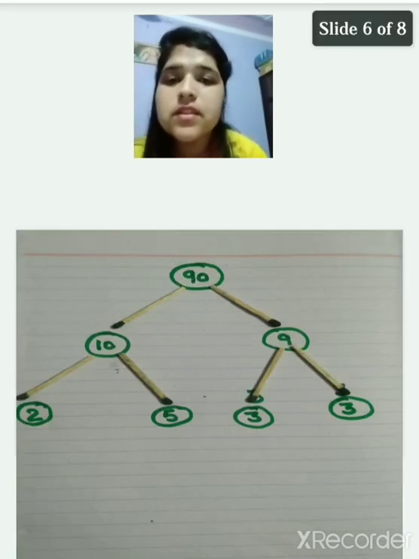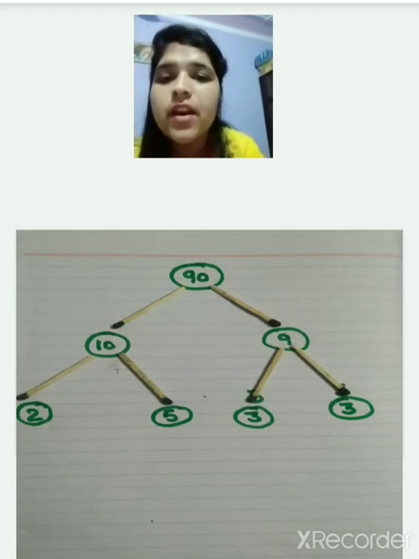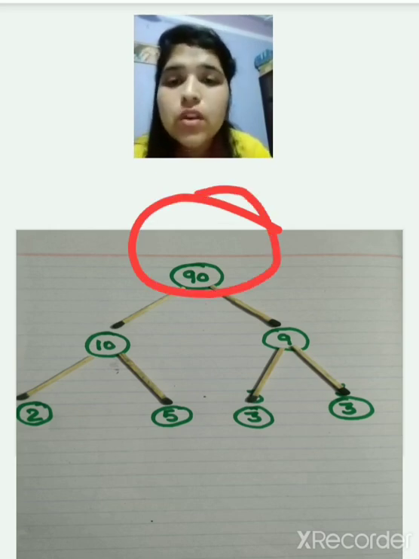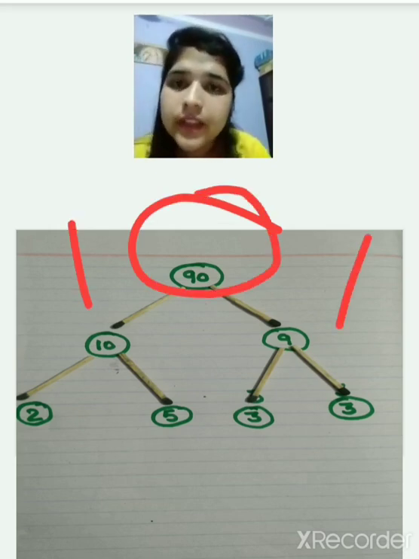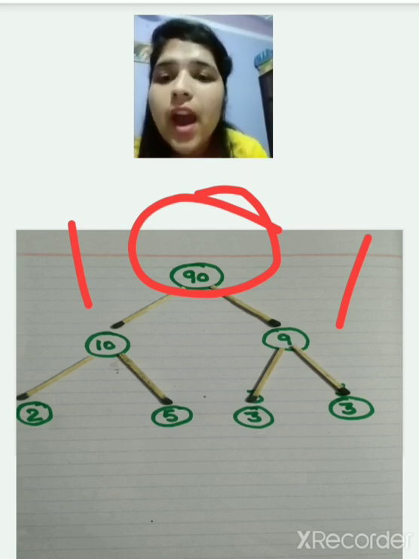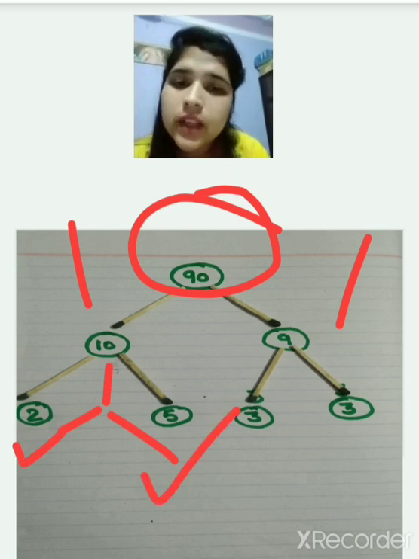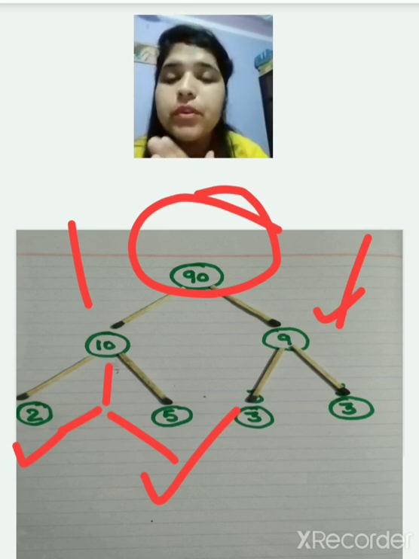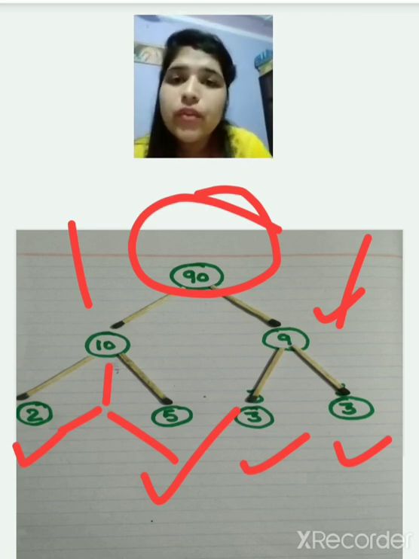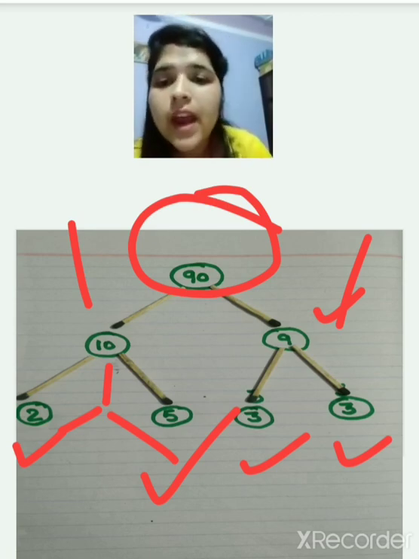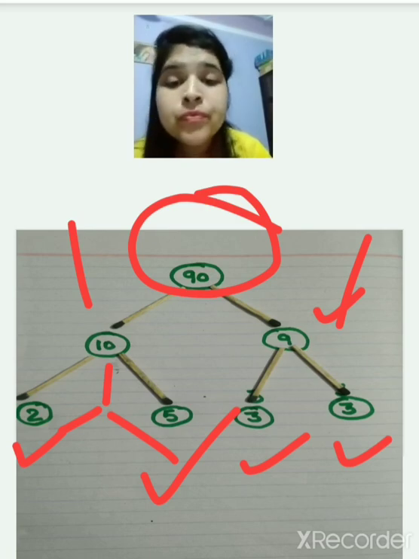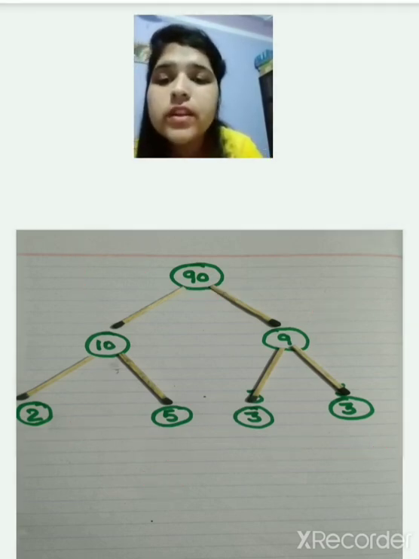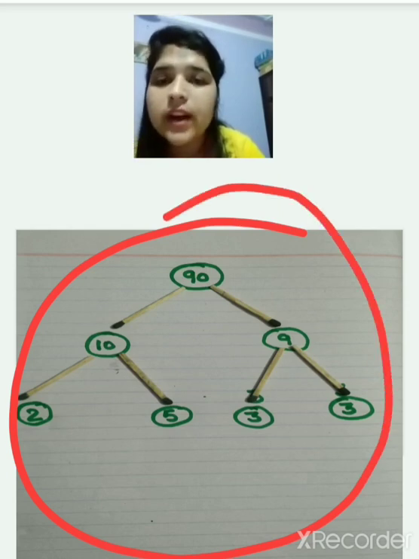Now let's see the second question. This is 90. We have to find the factors of 90. So we have 10 times 9 is 90. Now next we have to break 10. So it becomes 2 times 5 is 10. Now we have 9 here, so we break 9 into its factors, that is 3 times 3 is 9. So the factors for 9 are 3 times 3, and the factors for 10 are 2 times 5. So this whole is the factor tree method.